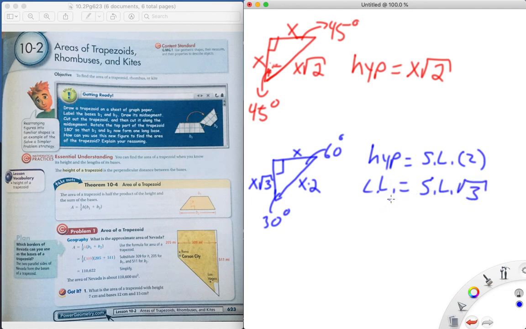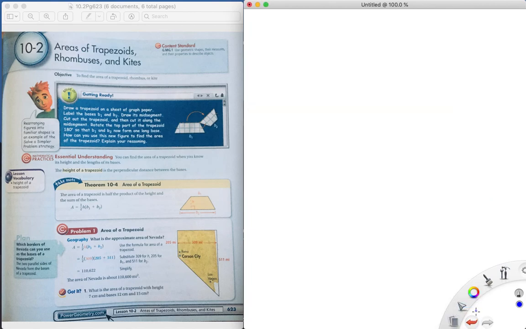30, 60, 90, and 45, 45, 90 are going to pop up a lot in this chapter. So if you forgot how to do it, I recommend you go back to section 8.2 and refresh your memory on how to do these. But they will pop up a lot. Okay, so